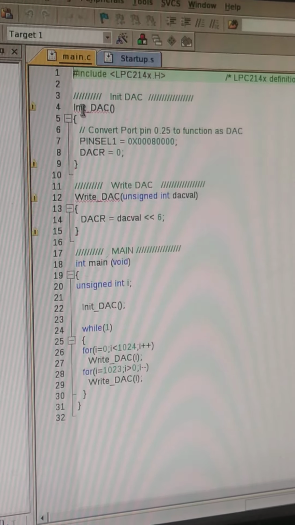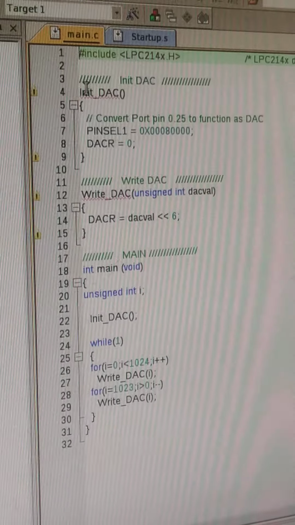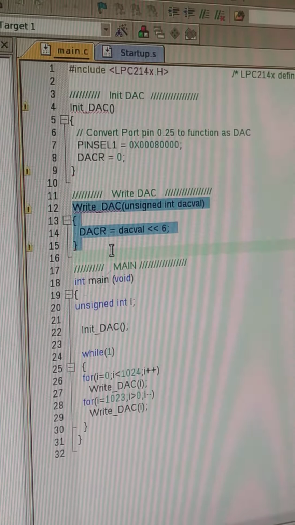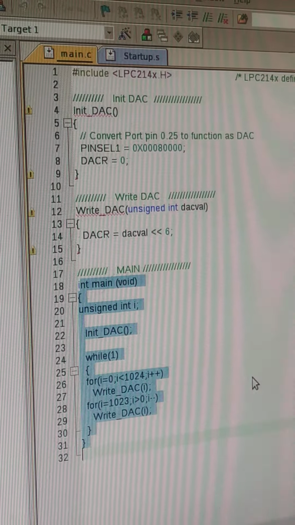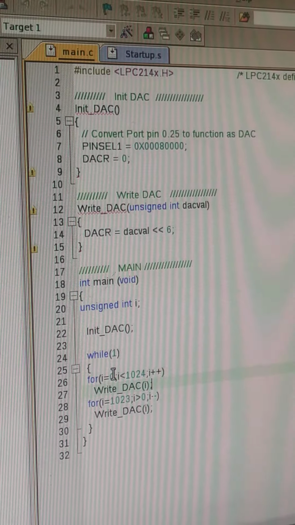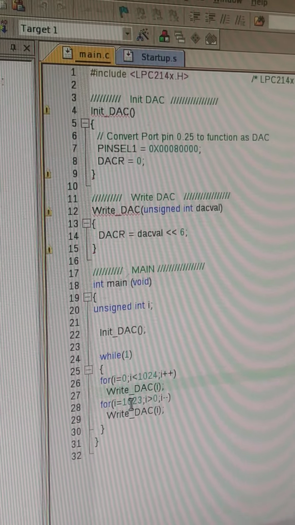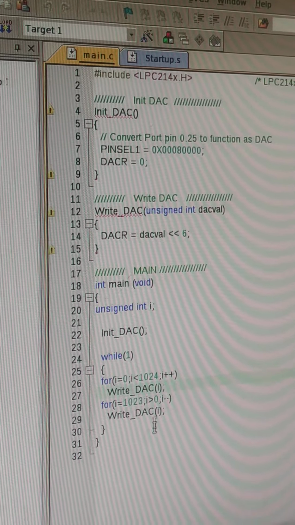The triangle file will have the init DAC function as usual. Then the write DAC function. Then you have a main function. Inside the main function, as I told you, from 0 to 1023 the first for loop executes. From 1023 down, one more for loop executes.